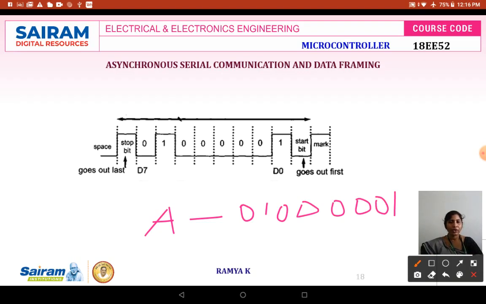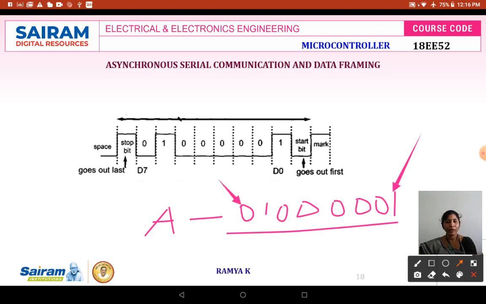Now, if I want to transmit this data, I need to frame the data between the start bit and stop bit. You need to see that the LSB is sent first. Here the LSB is going to be 1 and the MSB is going to be 0.